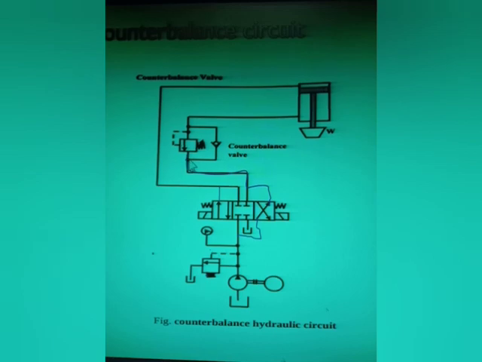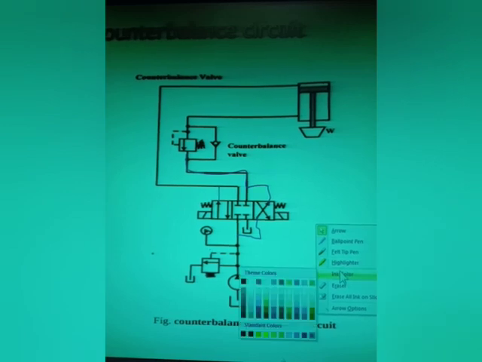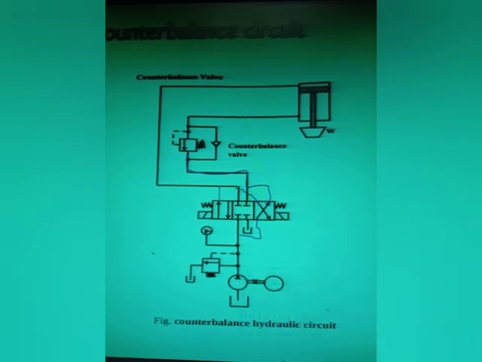So from where will the oil move? The oil will move through this check valve. So normal flow will take place through this check valve. The oil will go to here, and as the oil goes here, the load will be lifted. Now whatever oil is stored here, that oil through this line will again come to this end, and this end will get connected to here, and from here the oil will go to the reservoir. Understand?